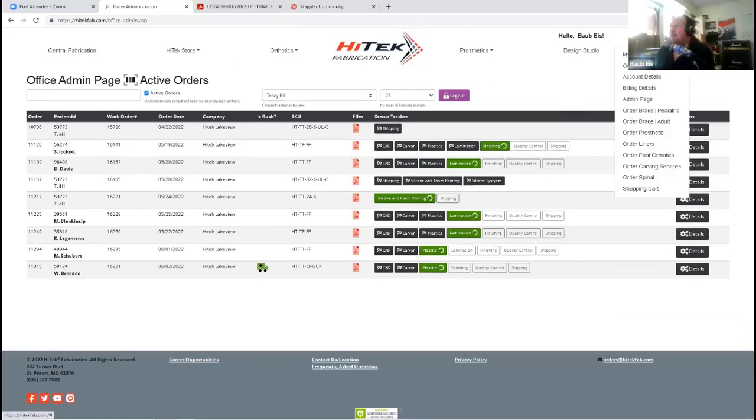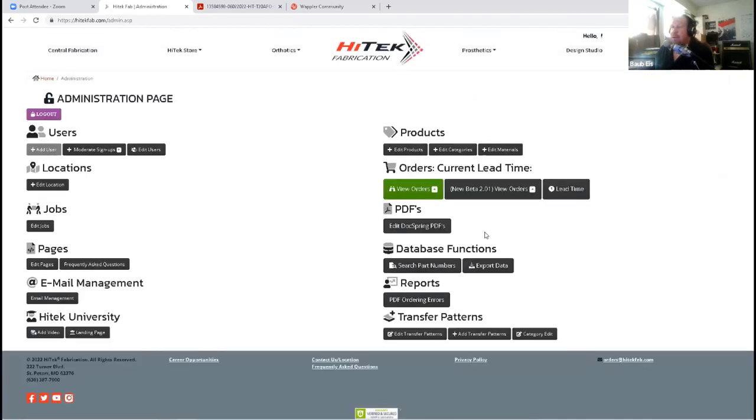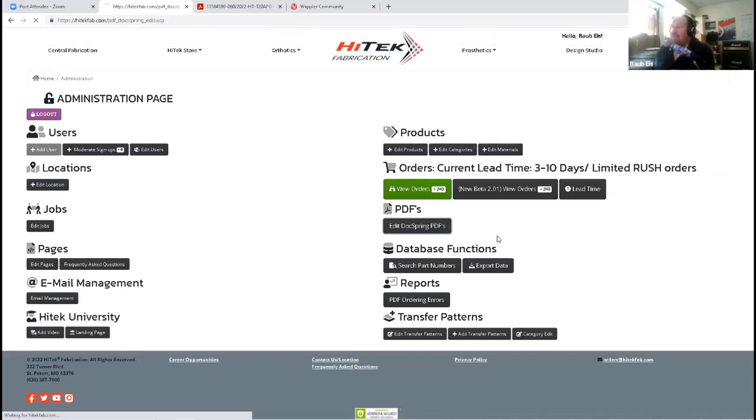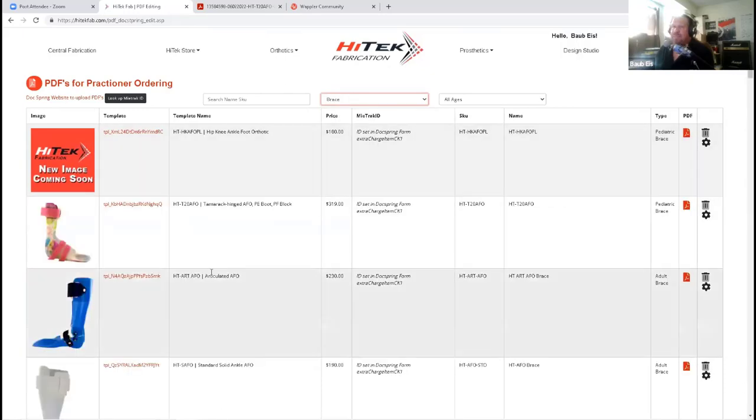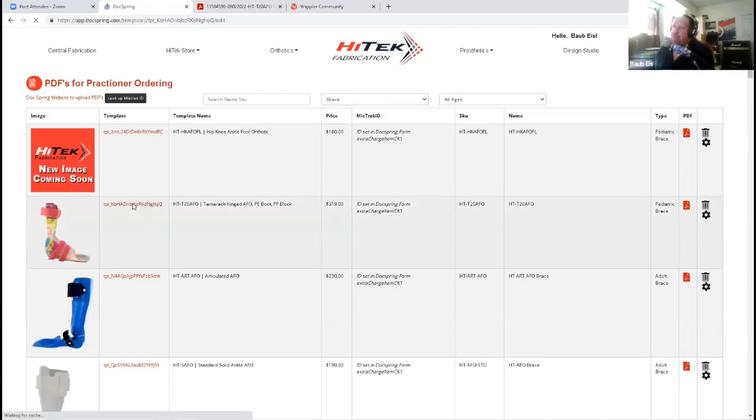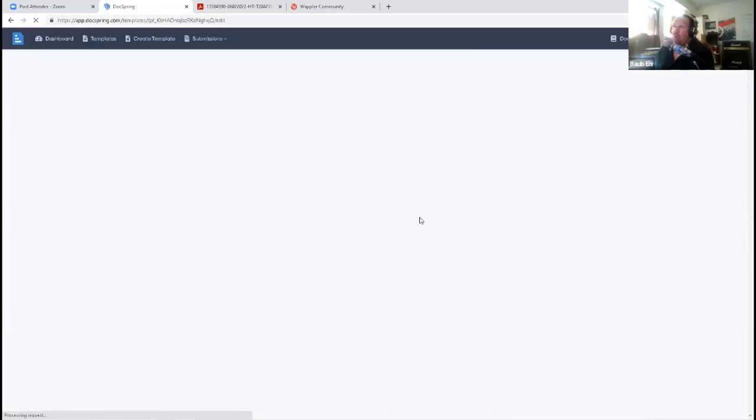Let's see here. So the way that I have the PDF set up, let's go to braces. This is basically a link to the DocSpring setup on the PDFs here.